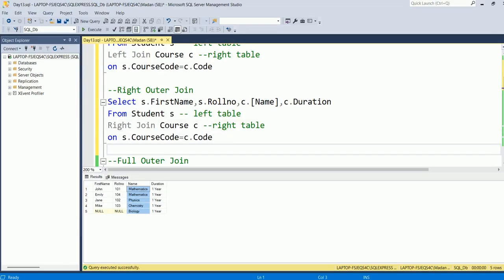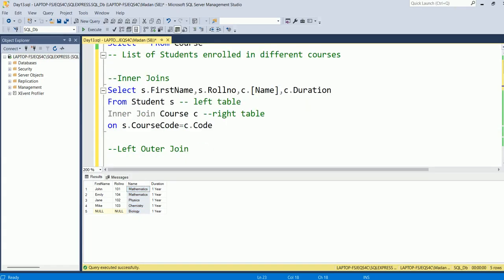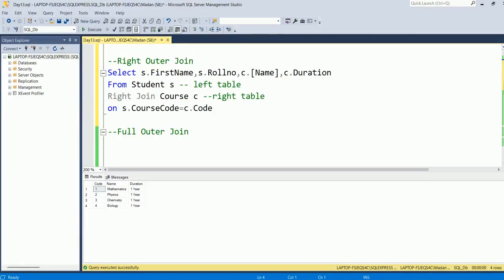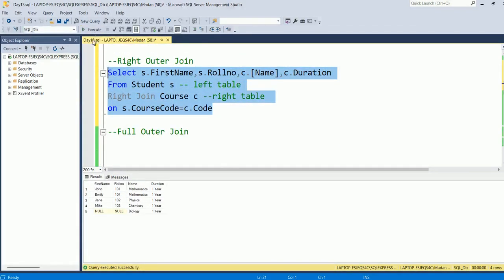Our right table is the course table, and as we know, in the course table we have 4 records. But here, the fifth record is biology, and no student has enrolled in the biology course, so we are getting null in the left table,